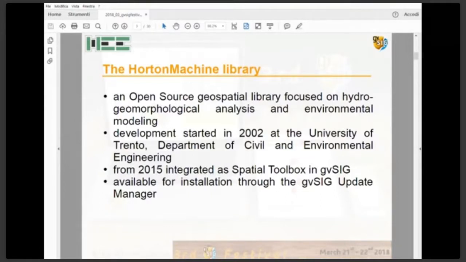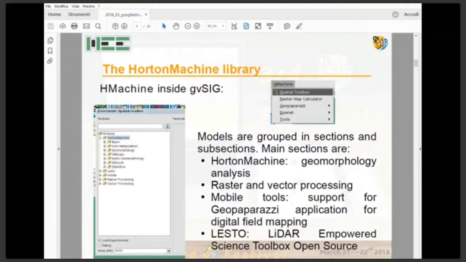Now it is available for installation through the gvSIG Update Manager. If you install the Horton Machine package in gvSIG, you will see a new item in your menu bar that is called Horton Machine. If you click on it, you can see different sub-menus. The most important one is the spatial toolbox, containing all the Horton Machine library. And then there are some other tools that we will see during this presentation, containing useful information,